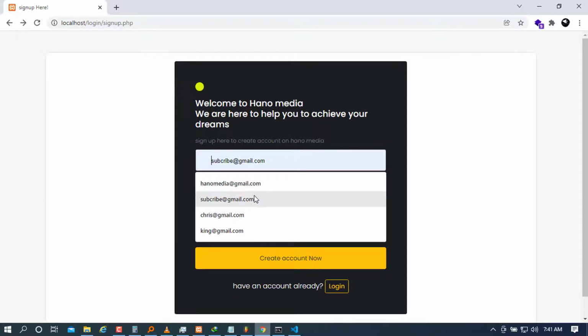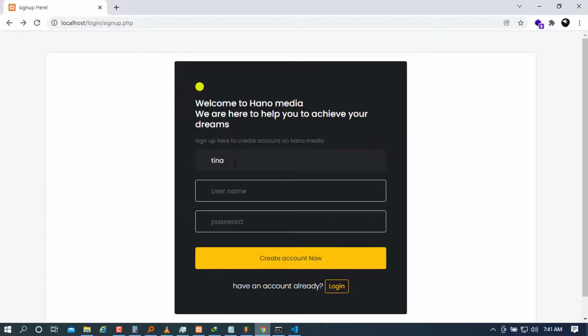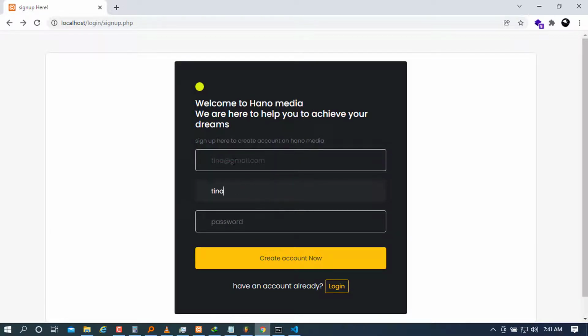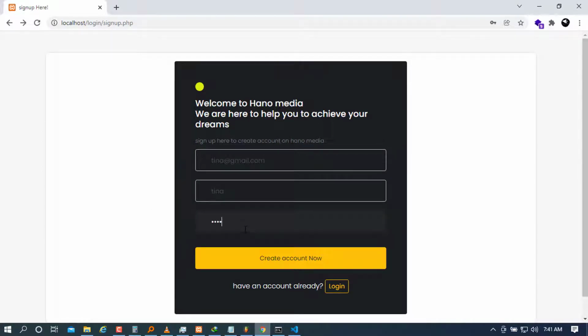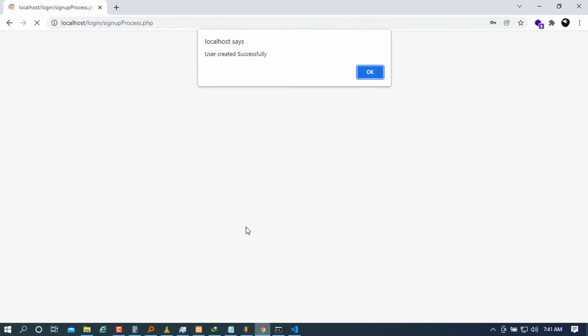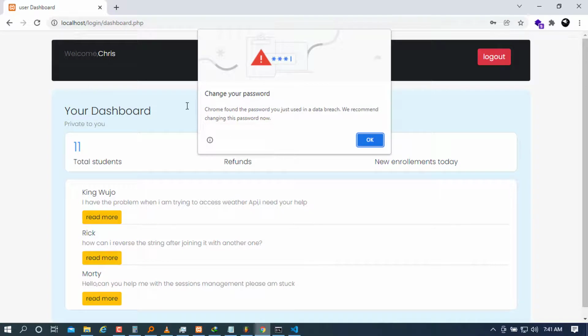For example, let me put tina@gmail.com, and then I'm going to put Tina, and for the password I'm going to put Tina123, and you can see now our array is working as expected. That's great. Okay, so go ahead and press OK, and it will also redirect you to the dashboard like this,